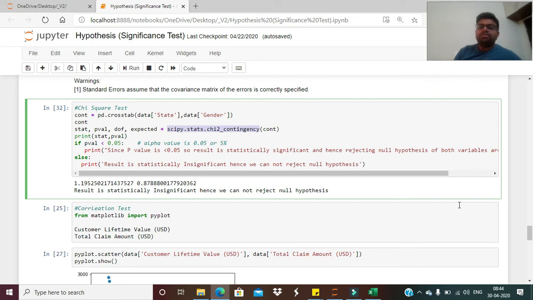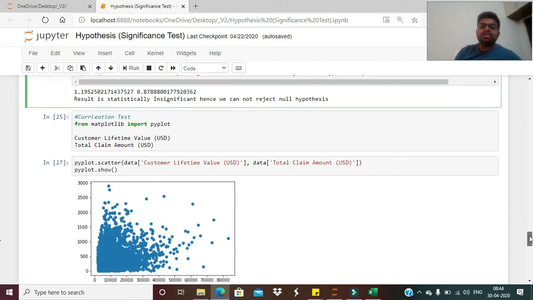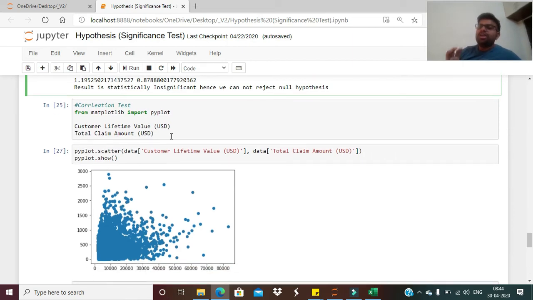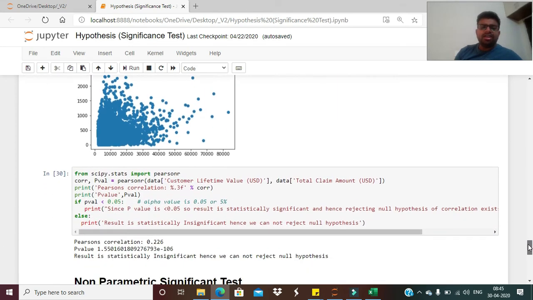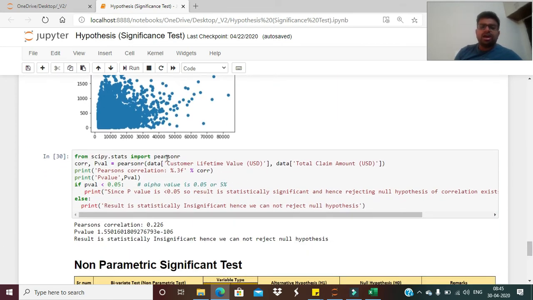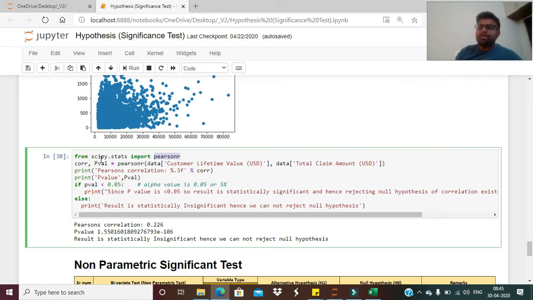This is when we have two categorical variables. Now what happens when we have two continuous variables to analyze? When we have two purely continuous variables, then we can use the Pearson correlation test, to see how much each of these variables is correlated to the other, whether there is a positive or negative correlation, and if there is, how large the magnitude of that correlation is. That's something we can get using Pearson R, one of the functions we have in SciPy statistics.